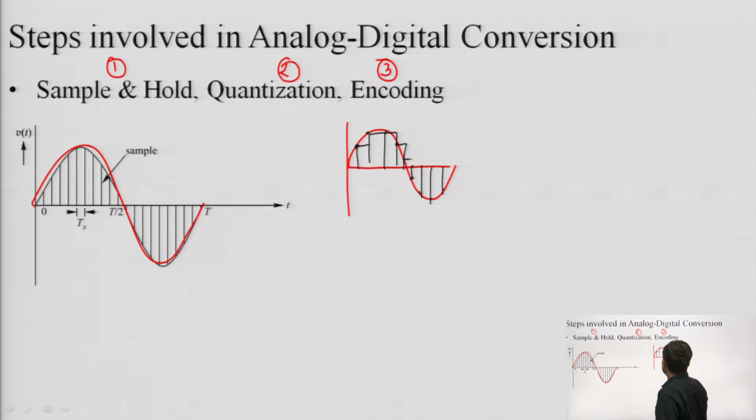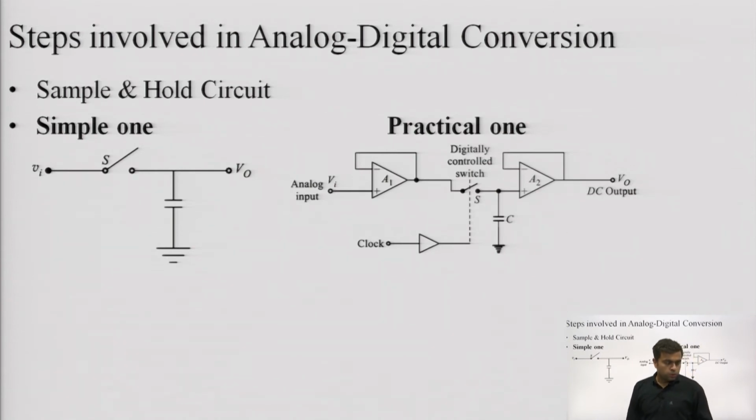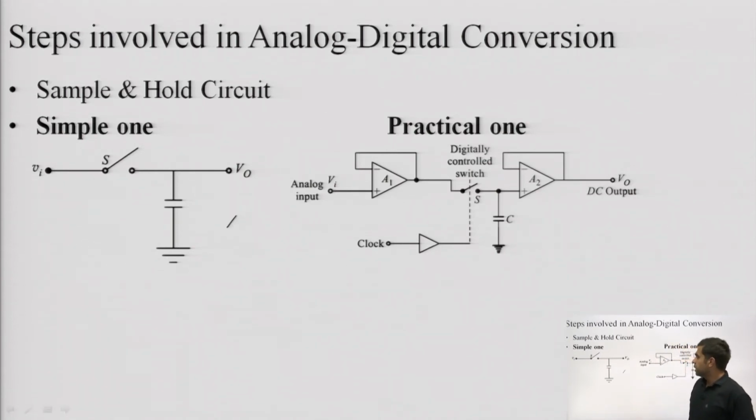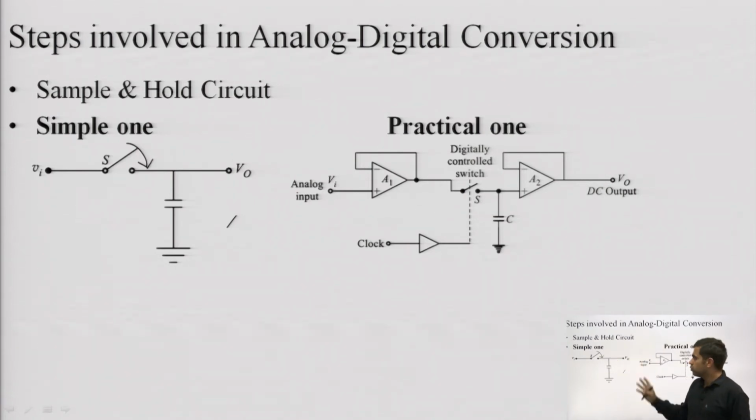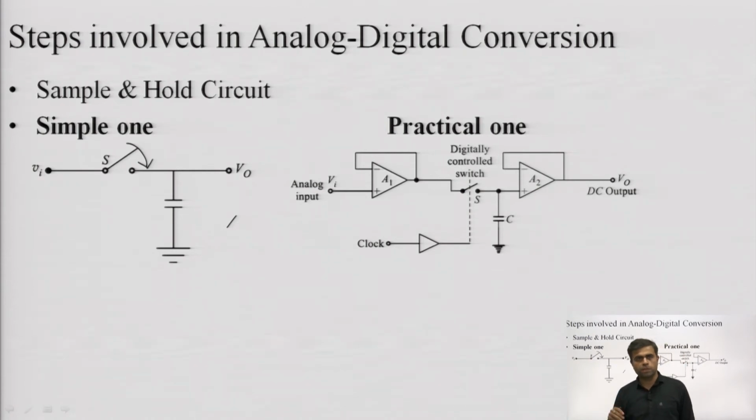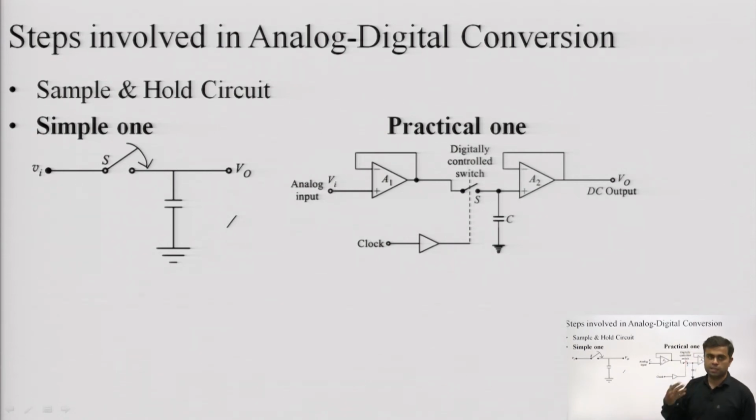Okay. Like this. Something like this. Okay. So this is the sample, and that sample is held until the next sample is taken. So this is the basic sample and hold circuit, in which this switch will decide the sampling time. So the faster the switch closes and opens, the more samples will be taken. Sorry. So the faster the switching speed, the greater the number of samples.